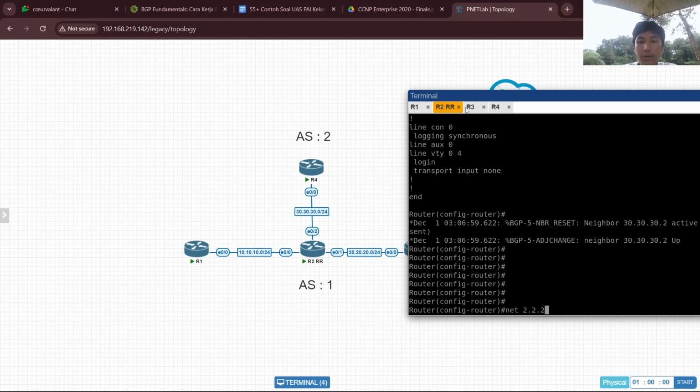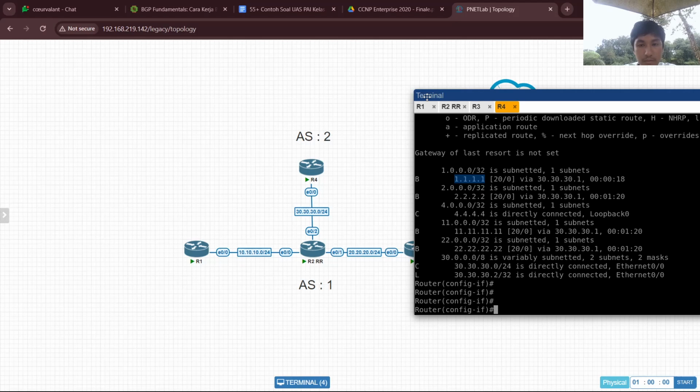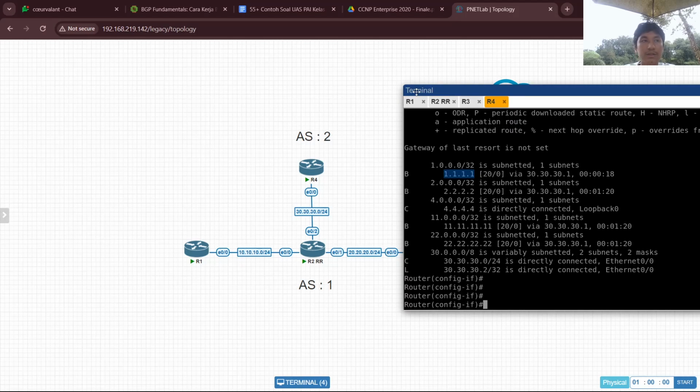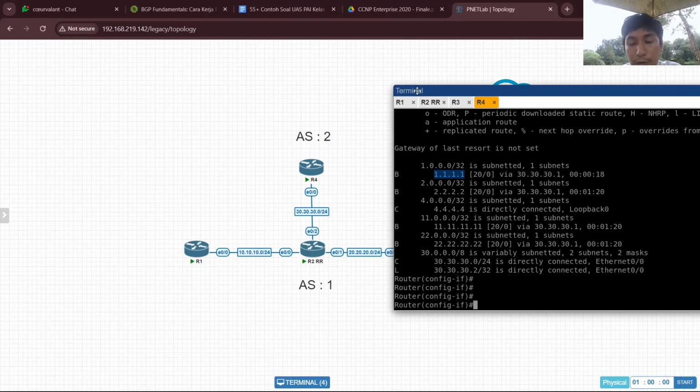Now we will continue to the main topic, BGP community. In the BGP community there are these well-known ones: no export, no advertise, and internet, and local AS. First is no export. No export means the prefix or the network advertised in BGP that is configured with community no export will not be distributed to the eBGP.